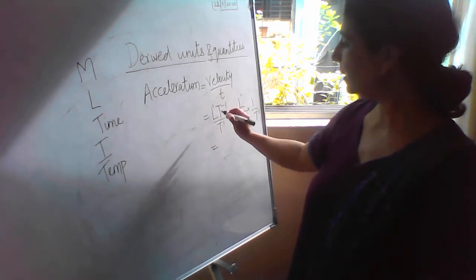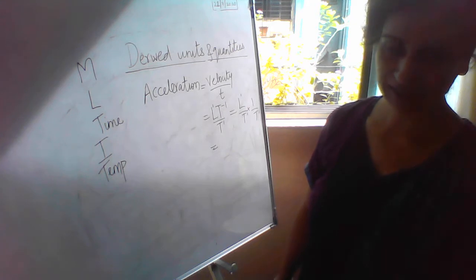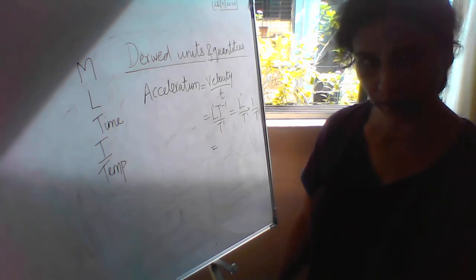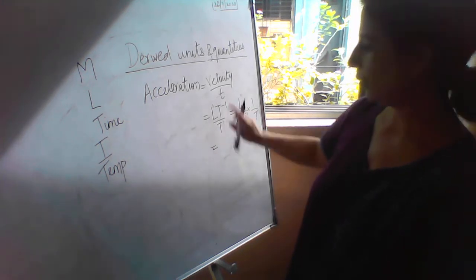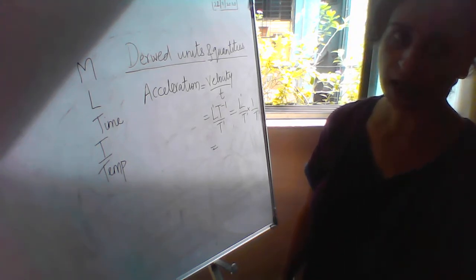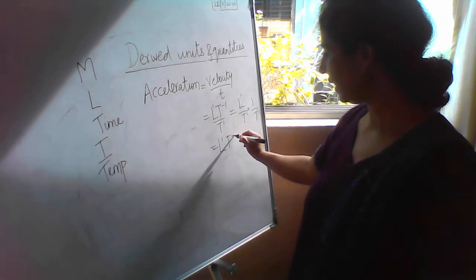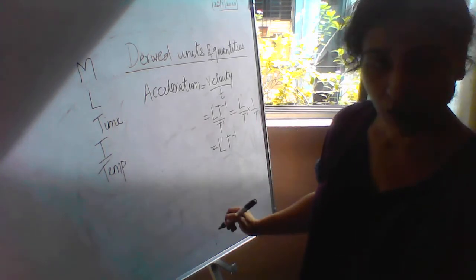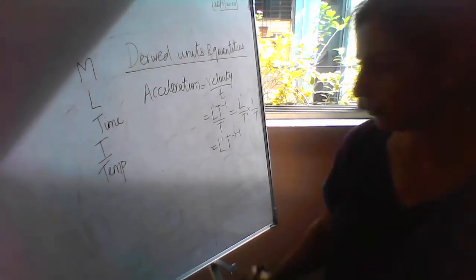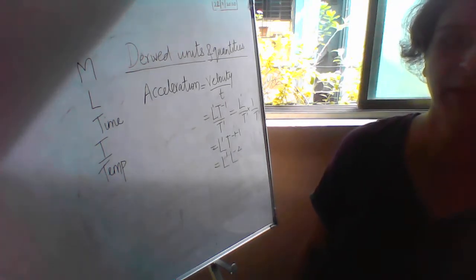L raised to 1, t raised to minus 1. If I don't mention 1 also, it's okay. But for me to learn the basics, let me write 1. L1 t raised to minus 1 divided by t raised to 1. I want to make this above. This will also become minus 1. As I am doing it for the first time, I am showing you in detail. Further, you have to work it out yourself. So it is L raised to 1, T raised to minus 1. This goes above, again minus 1. So this will become minus 2 according to the rule of indices. So L T raised to minus 2, or L raised to 1, T raised to minus 2.